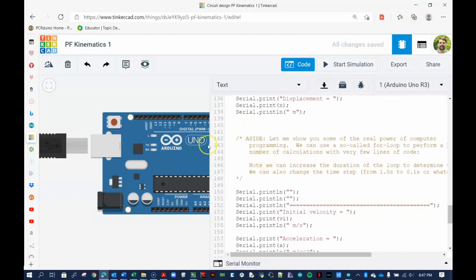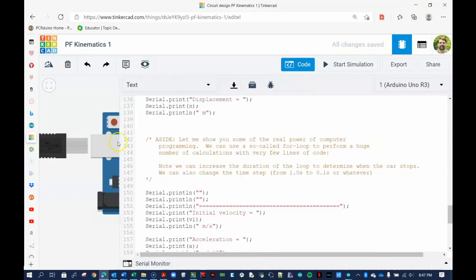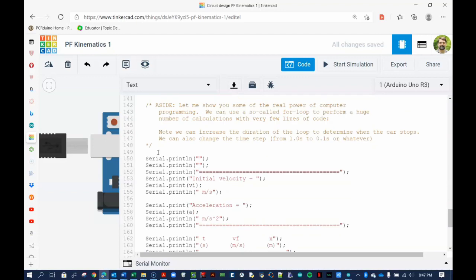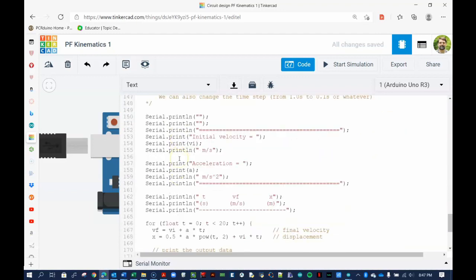So this is really the power of computer programming and the power of using computers to solve physics problems. For example, we're going to calculate a whole bunch of these kinematics problems, going from 0 to, in this case, 20 seconds. Okay, so the first thing I do is I print the initial velocity, I print the acceleration, and then I